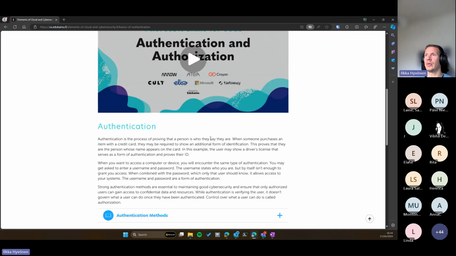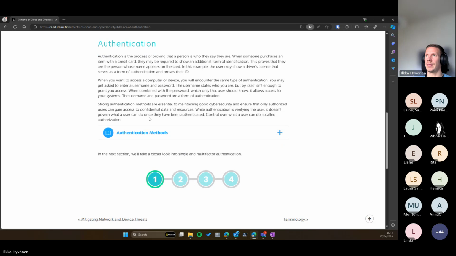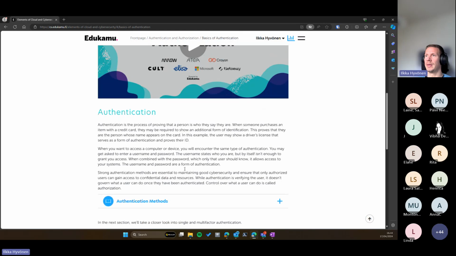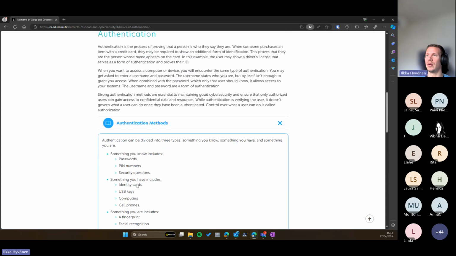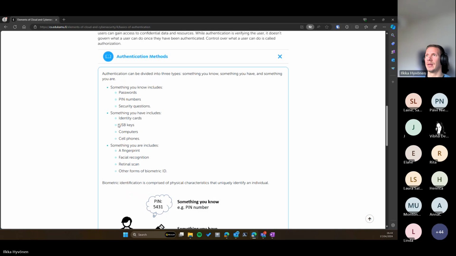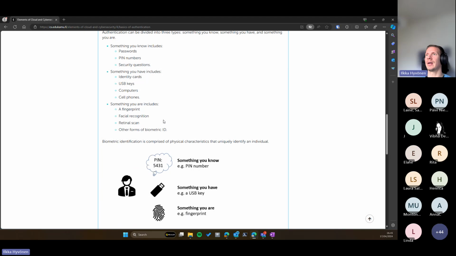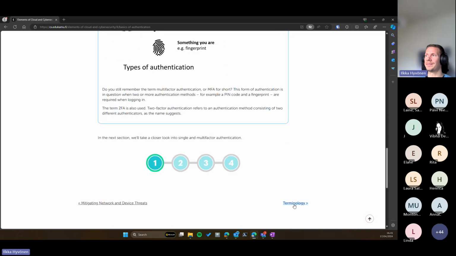And the next unit is about authentication and authorization. So it's important to understand those concepts. So authentication is basically proving who I am, and there can be different methods: username and password, or PIN, or something that I have, like some sort of physical device, or something I am, like biometric authentication of different nature. So there are different ways of authenticating,